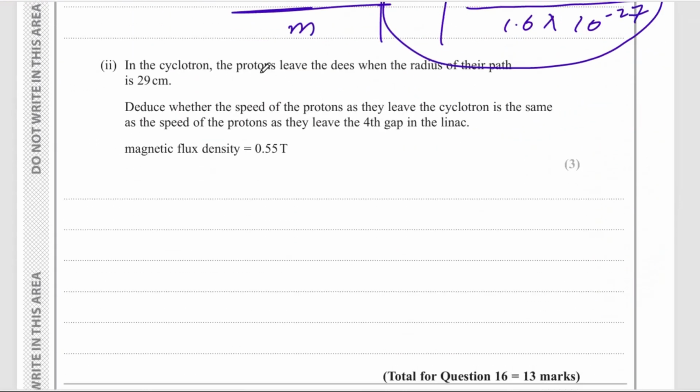Okay. In a cyclotron, a proton leaves the Ds when the radius of their path is 29 centimeter, right? So what does that mean? That at 29 centimeter, there is not enough centripetal force to keep the protons in that circular D. Deduce whether the speed of proton as they leave the cyclotron is the same as the speed of proton as they leave the fourth gap in the Linac. We have got the magnetic flux density, and that is going to be 0.55 over here as well, right? So first of all, what I would be doing,